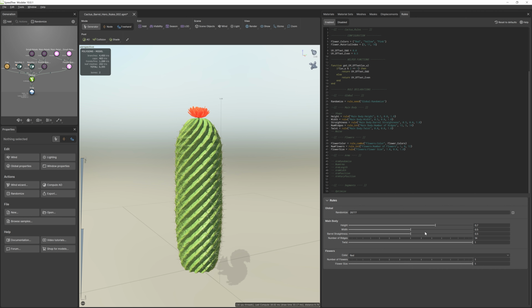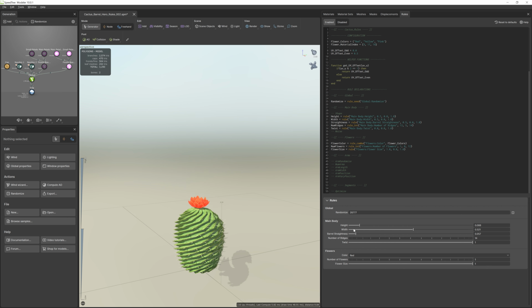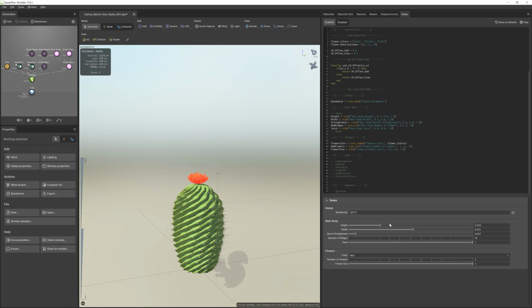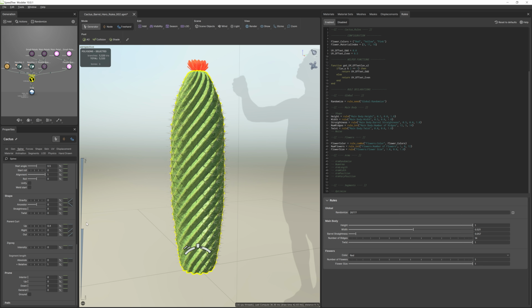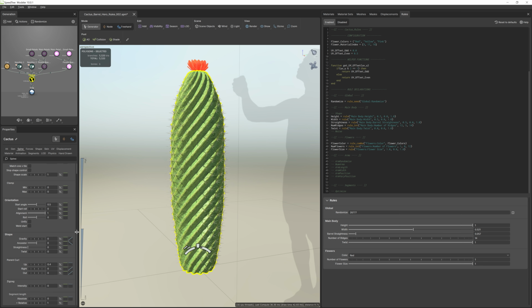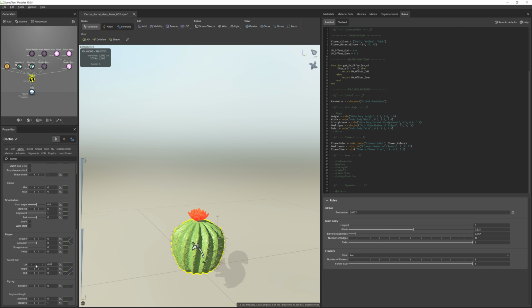Now let's test how it interacts with the other rules. And it looks like when our model is short, the twist is pretty extreme. So because the height is affecting how our twist looks, what we need to do now is adjust the amount of twist that is applied relative to our height rule, meaning that we want to reduce our maximum twist as the model gets shorter.